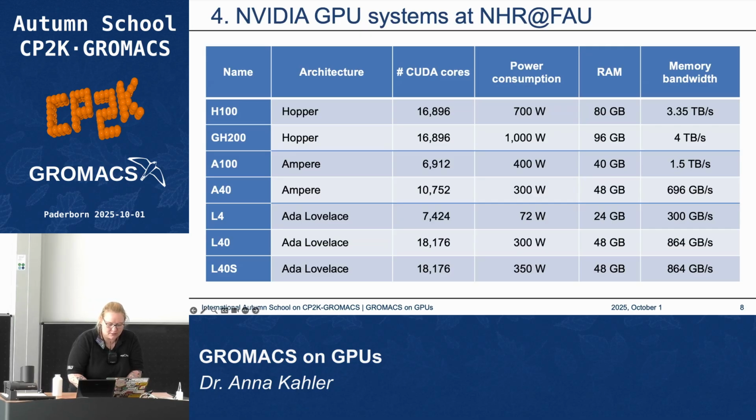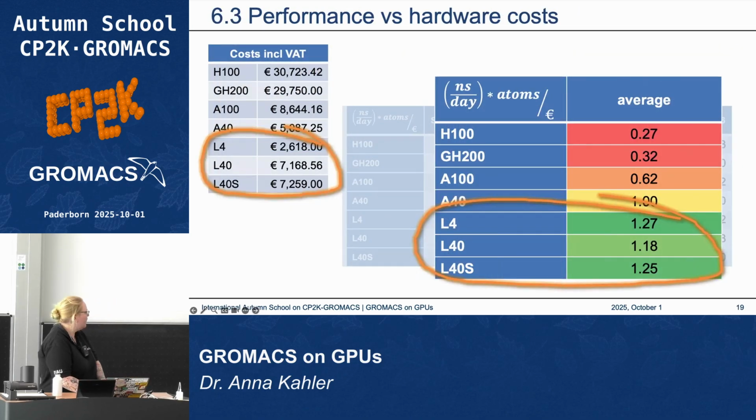In terms of hardware costs, I think this will be this slide. It will be the L40 as well, because that one also has more CUDA cores, so your performance would also be